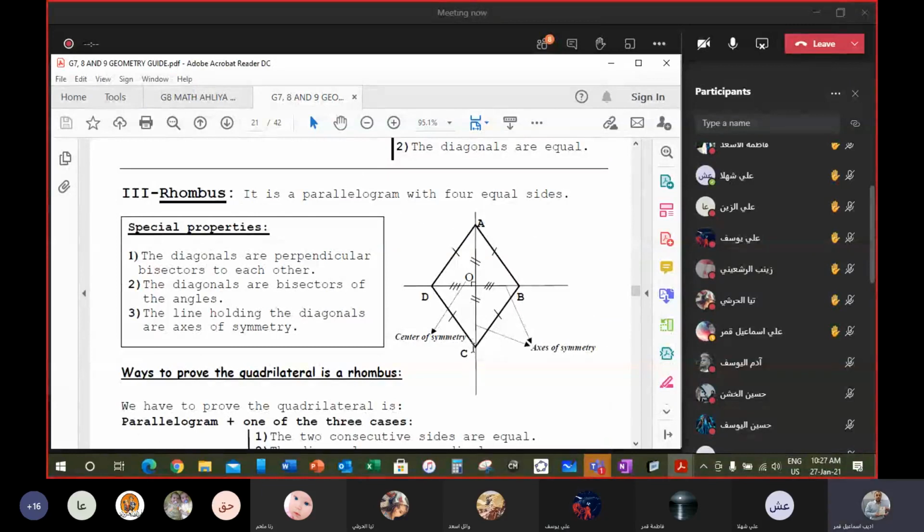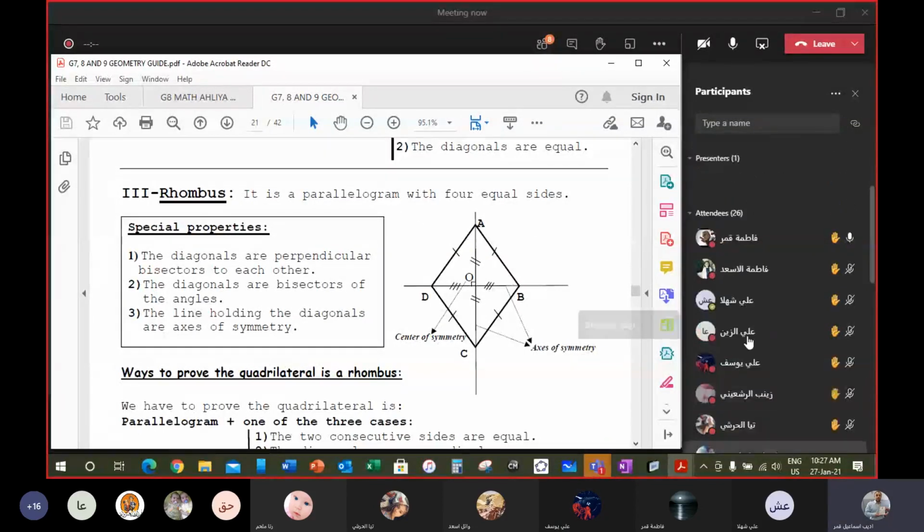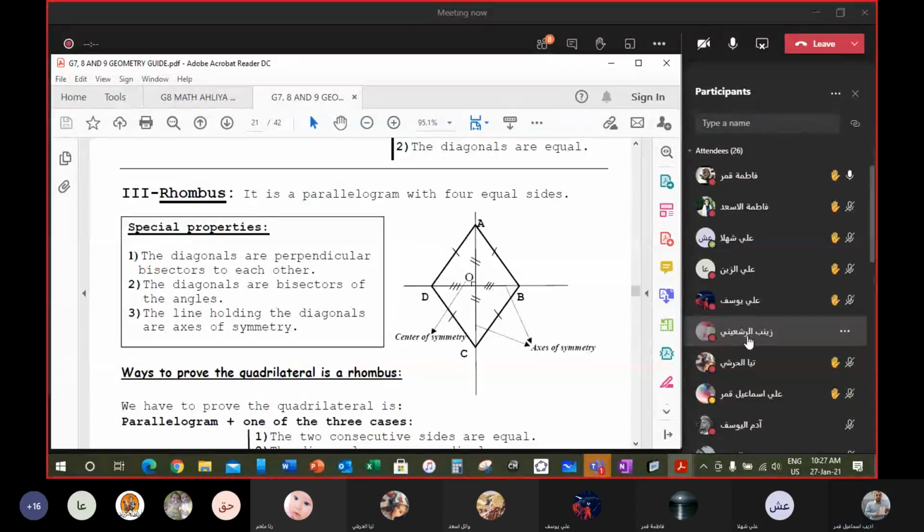طيب في كتار رافعين دايون. اللي ما عنده سؤال يوطي إيده. اللي ما عنده سؤال يوطي إيده. فاطمة عمر. نعم